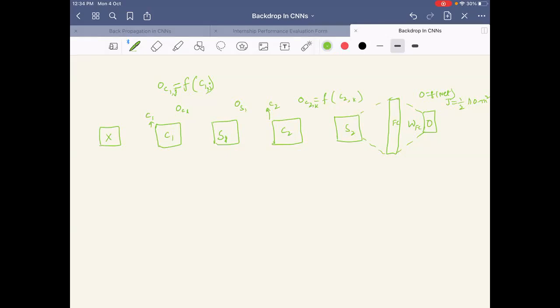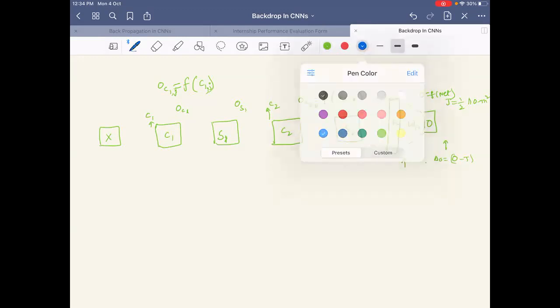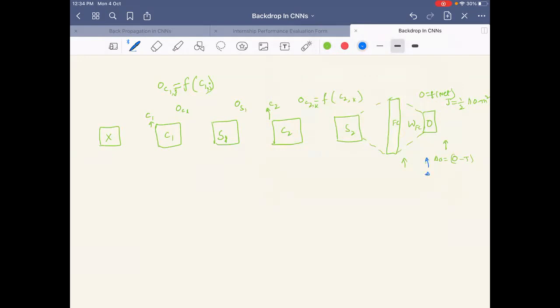So just to write here, also this is O minus T. I just keep writing. Okay, the local derivatives first. So this is nothing but delta O, fine. So delta net, let me write with a slightly different color. So delta net here is equal to O into 1 minus O. Why is this? We assume that F is the sigmoid activation function. Let us assume and write.